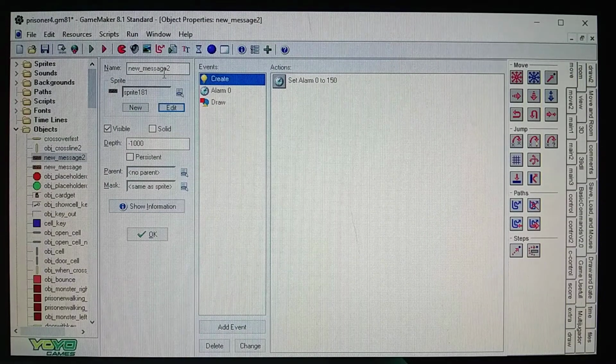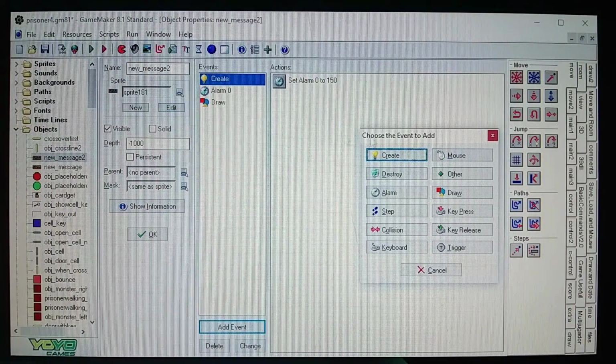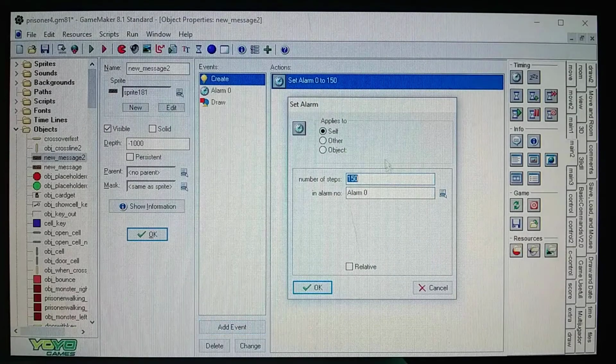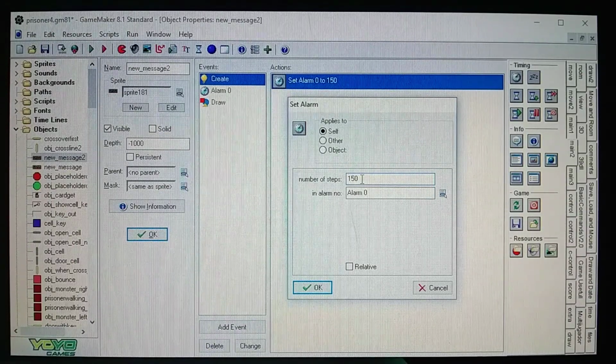Okay, so that message 2, you do the create event and add event there. Then you drag over a timer in the main 2 tab. I set mine to 150. This is how long the message is going to pop up on screen. You can put 100 number of steps in there if you want to make the message go faster, but I did 150 so you actually read it pretty much, and then it will go